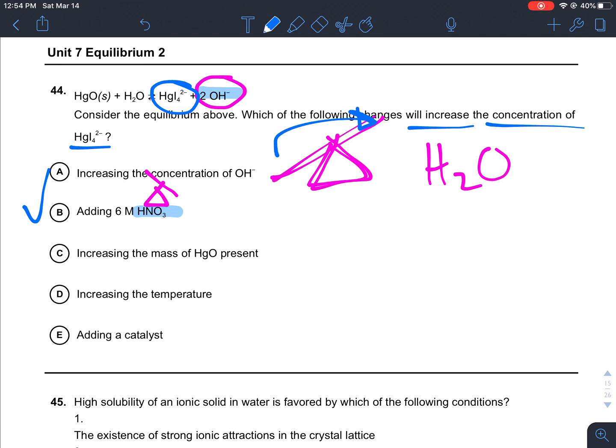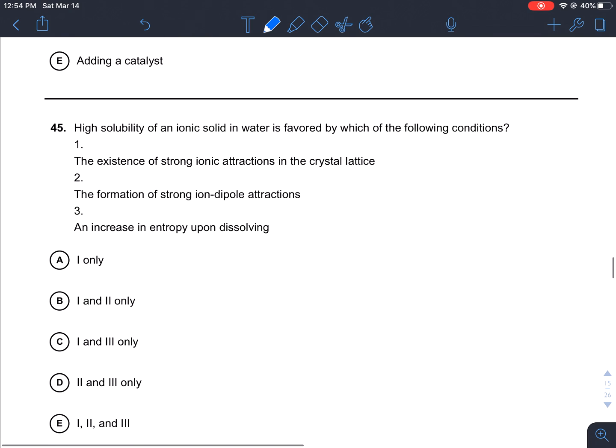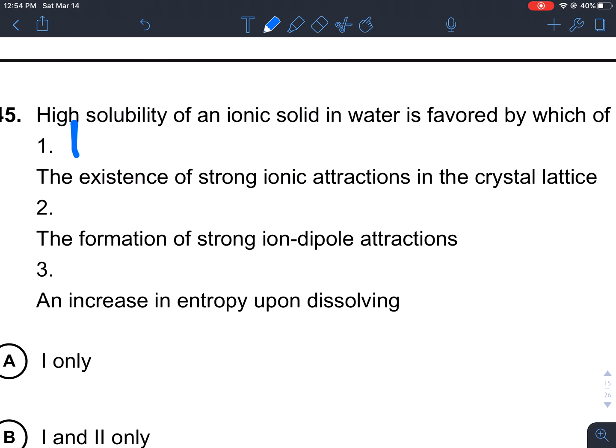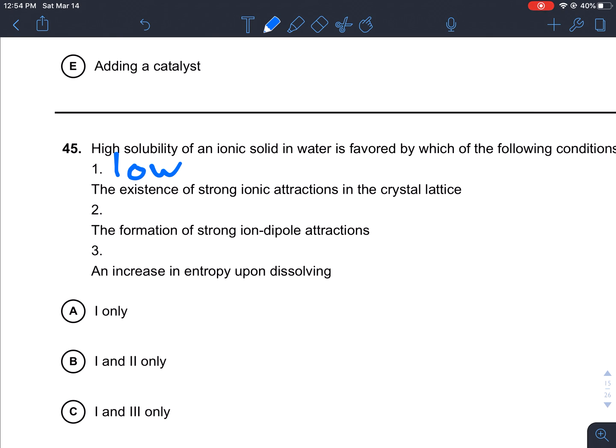Okay, 45. High solubility of an ionic solid in water is favored by which of the following conditions? The existence of strong ionic attractions in the crystal lattice? No. If you had strong ionic attractions that can't be broken by water, you'd have low solubility. The formation of strong ion-dipole attractions, that's good. If you're the ion coming from the salt and the dipole coming from water, hopefully that's strong,